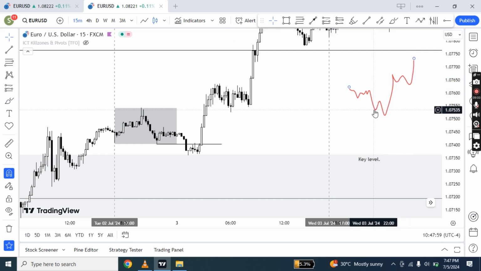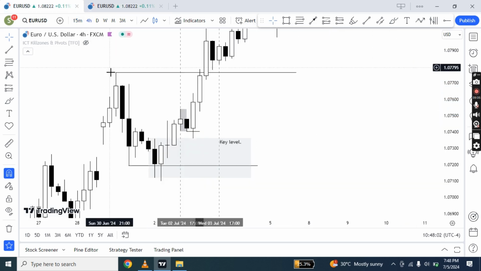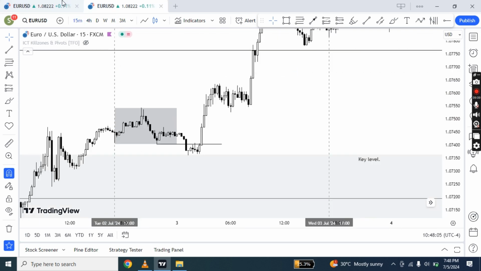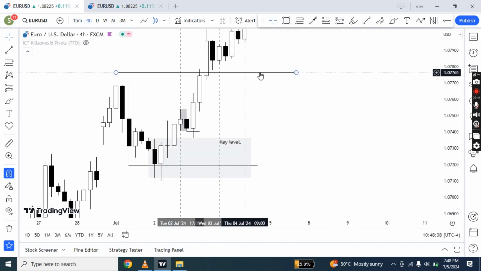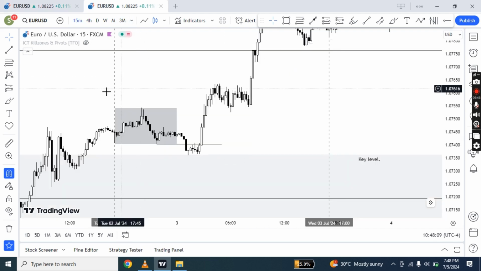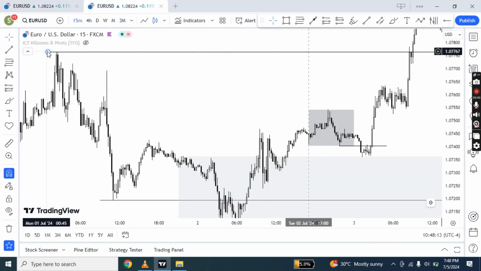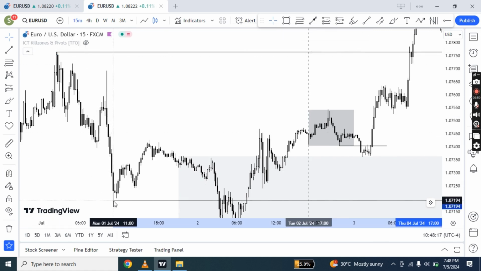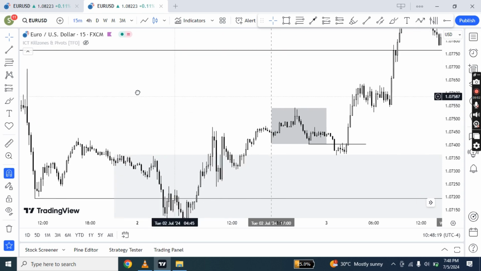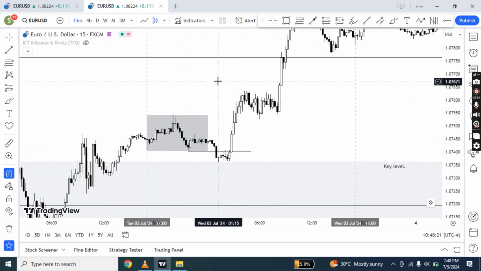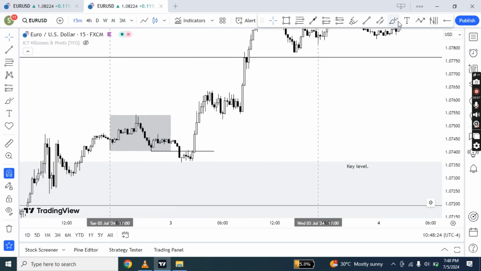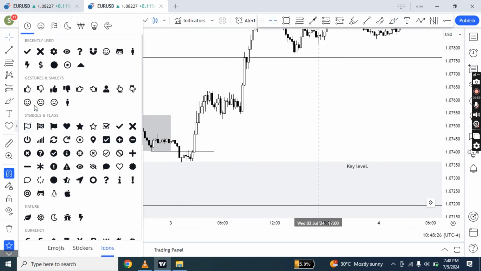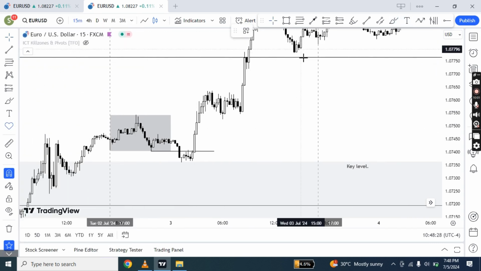Because we already determined our drawn liquidity on the higher time frame, on the 4-hour and on the daily time frame, and we have a clear direction towards which the price is drawn, and that is the Monday CRT high on the higher time frame. So based on the higher time frame analysis that we did before, we already know what our higher time frame drawn liquidity is, which gave us a bias, which gave us a level that we can look at as our draw for price,